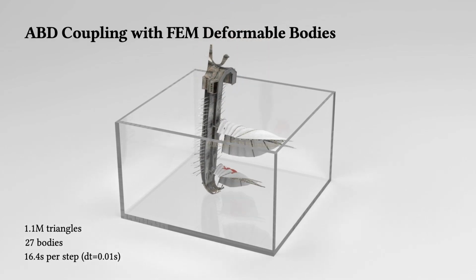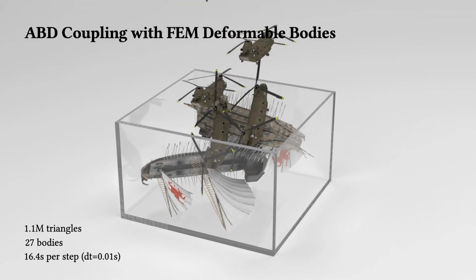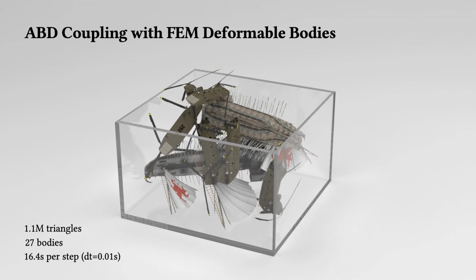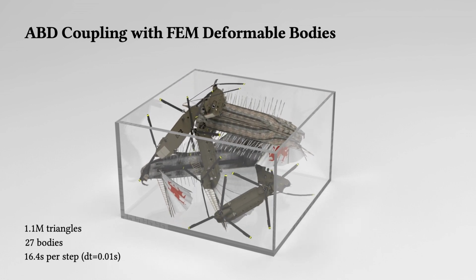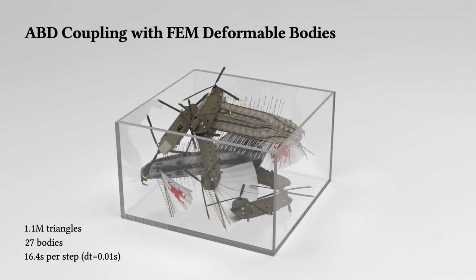Because of its linear coordinates and incremental potential contact model, ABD also seamlessly and directly couples with deformable finite element domains to create hybrid finite element affine models that efficiently simulate heterogeneous materials. Here, the main body of the ship and helicopter are modeled with stiff ABD, while the cabins, rotors, and wheels are all simulated with soft finite elements. Thanks.